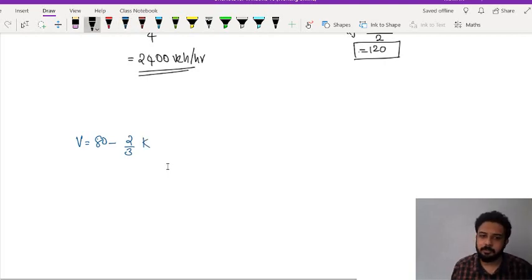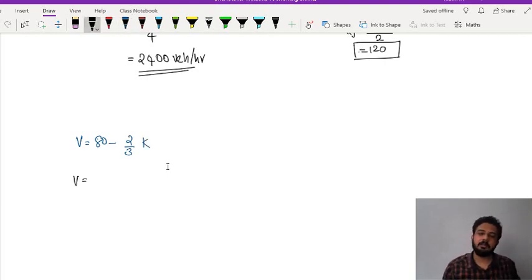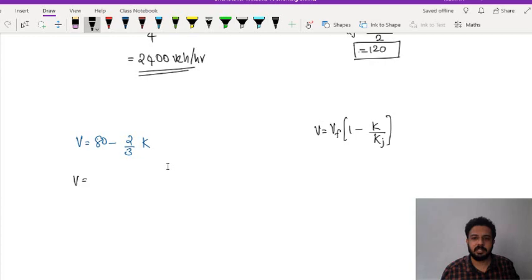What we can simply do, just compare with our Greenfield equation. What was our Greenfield equation? V is equal to Vf into 1 minus K by Kj. But here in this equation they have not given any brackets, so I am simply opening that bracket. So Vf minus Vf into K by Kj. Why have I opened the bracket? Just to equate in the same form of the given equation. So I can write, Vf minus Vf into K divided by Kj.